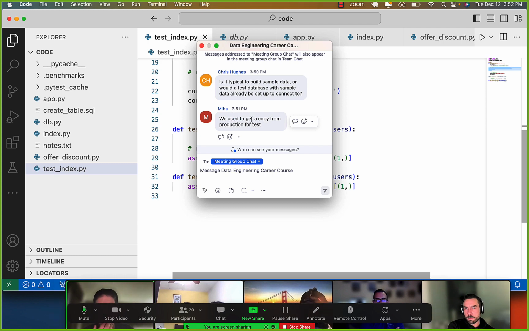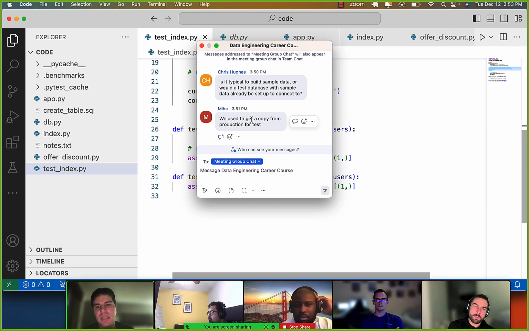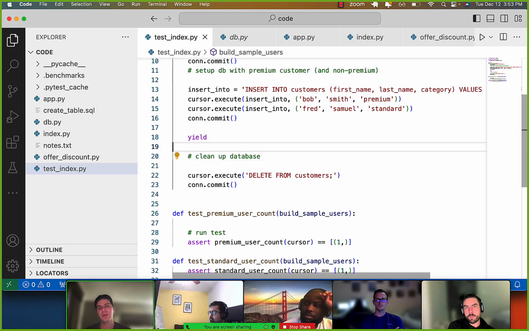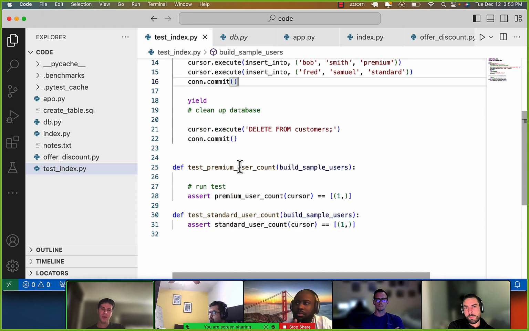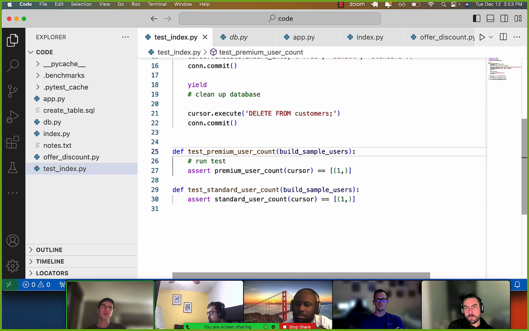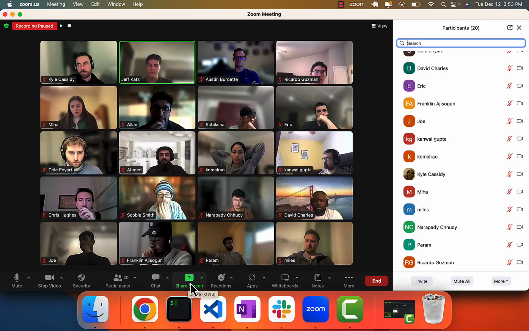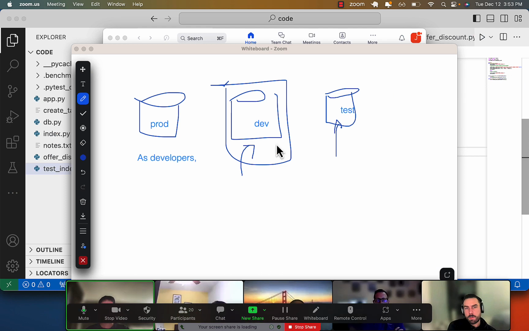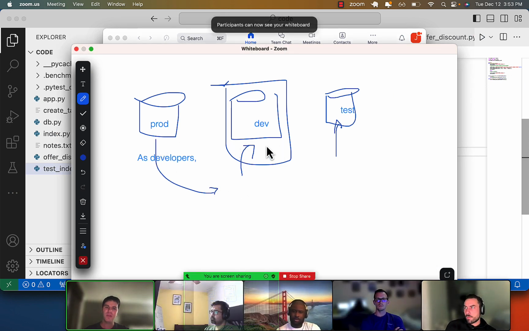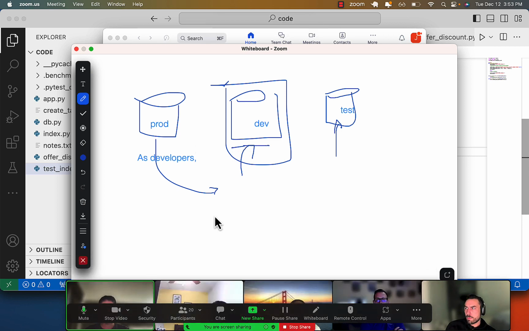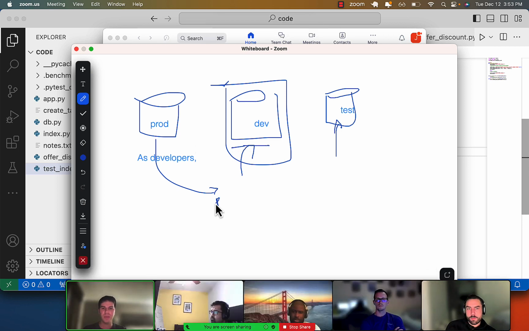Would we used to get a copy from production for tests? Yeah, but if you write tests, typically you don't want to do that. You can use it for development. What I've seen, and I'm sure different organizations have different ways, is you can copy this production data into development, and then you basically want to hide all the PII, personally